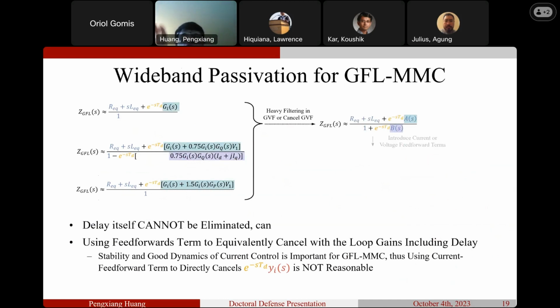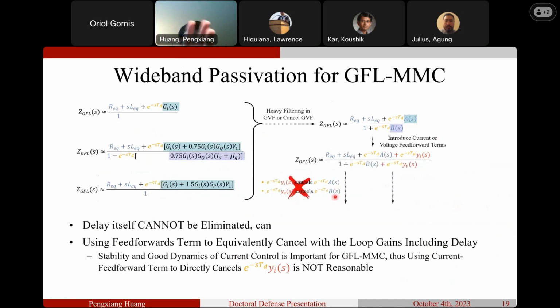Yes, we can introduce current or voltage feed-forward terms. Current term will be at numerator, voltage term will be at the denominator. Now we have two directions to cancel A(s) and B(s). The first one is use Y_I(s) to cancel A(s) and Y_V(s) to cancel B(s). Is that reasonable? No. If you do that, you just have no controller, or your MMC is equivalently working in